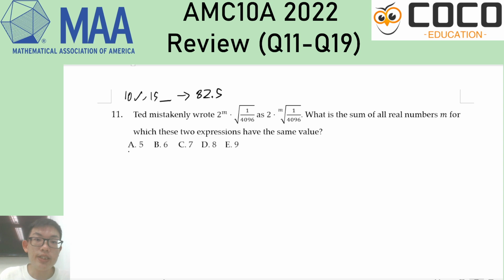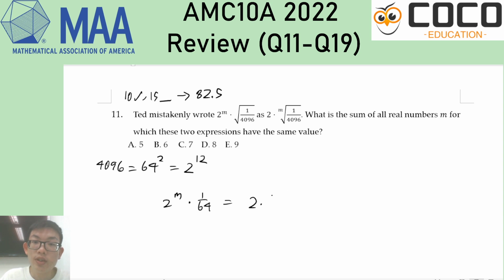Now the one thing about AMC is that it helps to know your numbers well. What I know is that 4096 is 64 squared. I also know that it's a power of 2, and it is 2 to the power of 12. That would allow me to do a very quick conversion. 2 to the m times 1 over 64